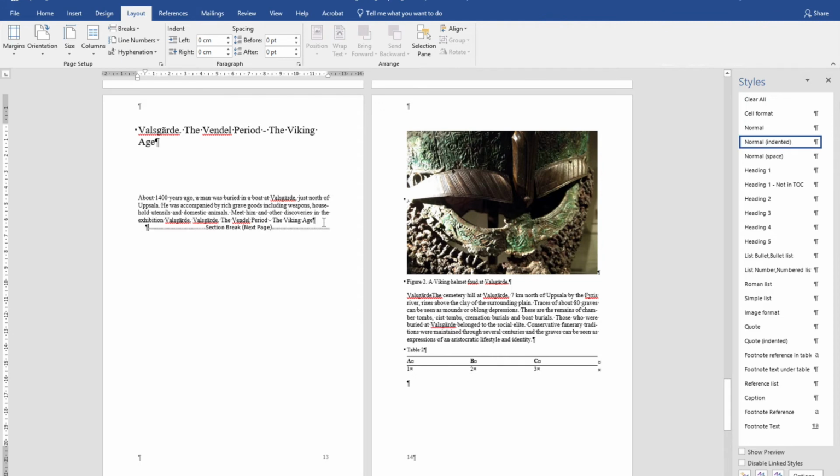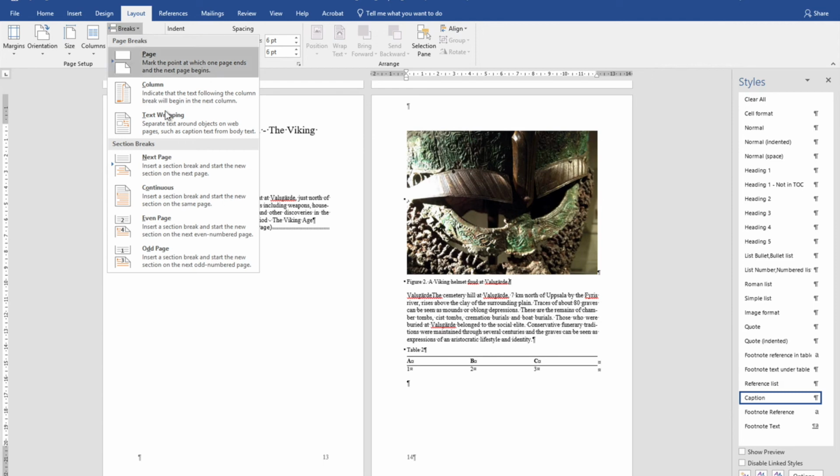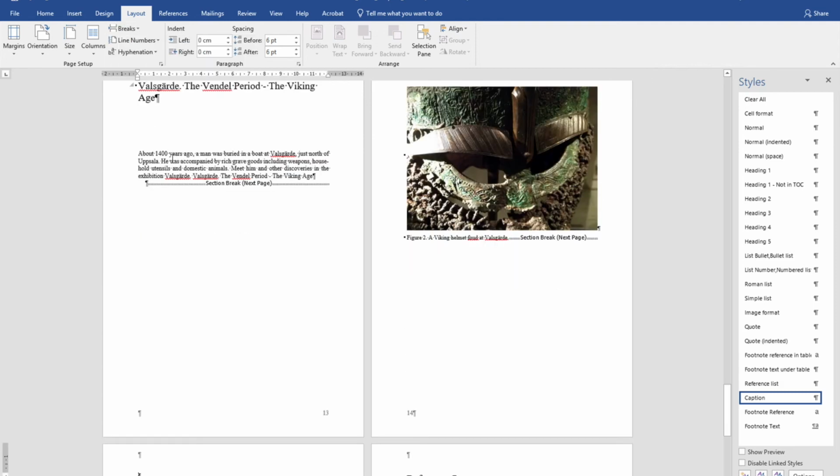You should now add another section break after what you want to have on your landscape view page. We just want to have the image and the caption on our page, so we will add a section break just after the caption. Put the cursor right after the caption and add another section break just as the first one. This we do by going to the Layout menu and Breaks. Choose the next page section break. Now you have one page with the image and the caption and one section break before the page and after the caption.